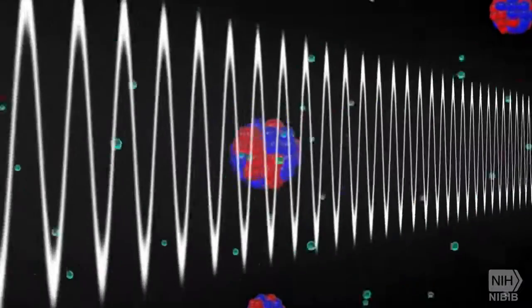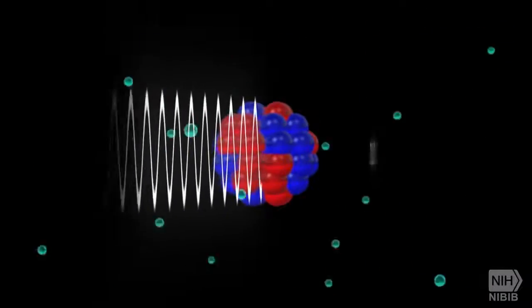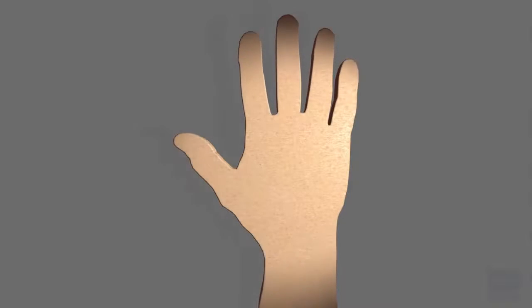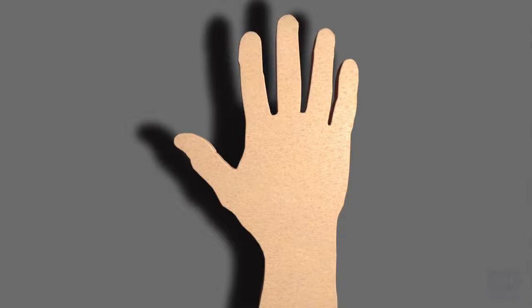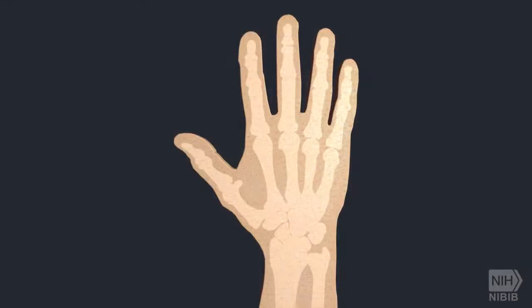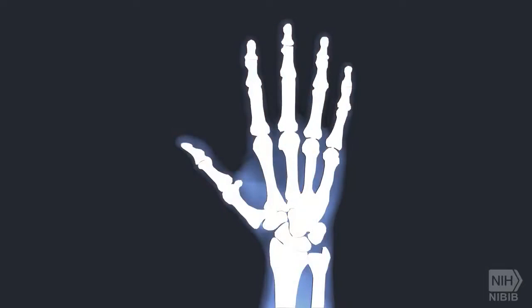Since bones contain calcium, a denser material than most other tissues, they are able to stop some of the X-rays and can thus form a shadow. If you place your hand in front of a flashlight, it will cast a shadow on the wall behind it. In a similar manner, X-rays directed at the body produce shadows on the opposite side that can be registered on